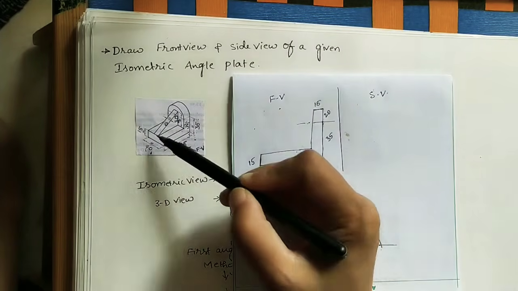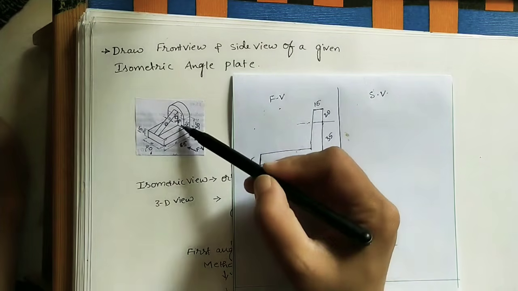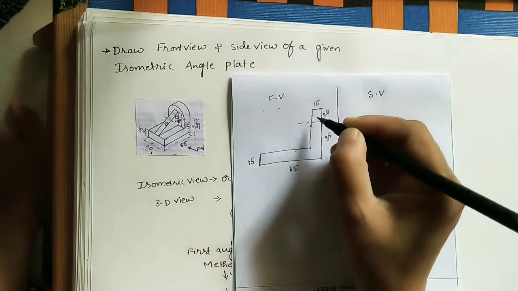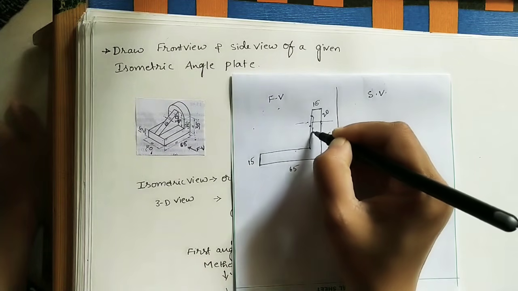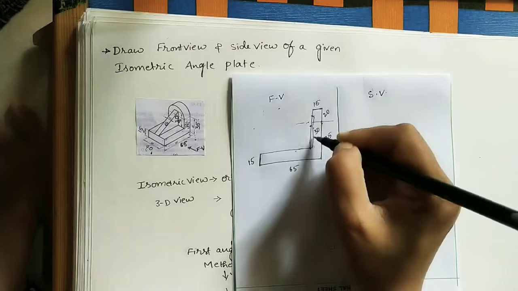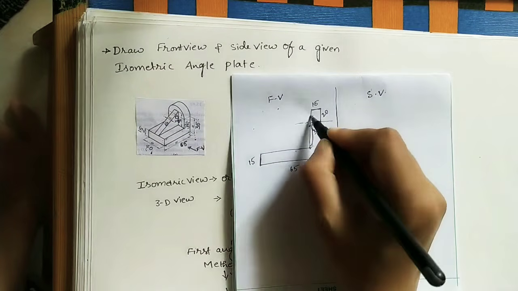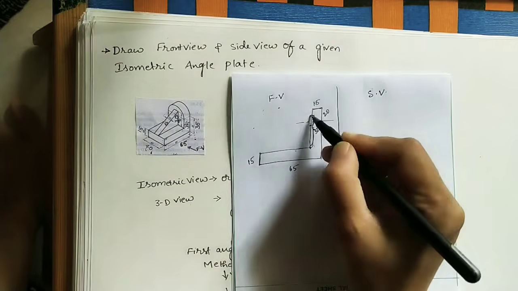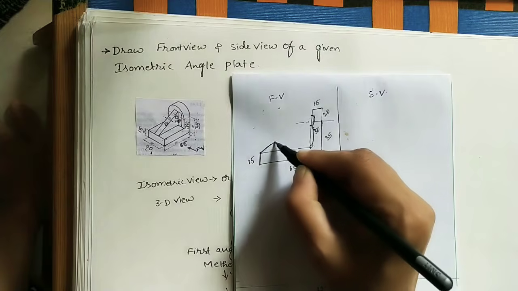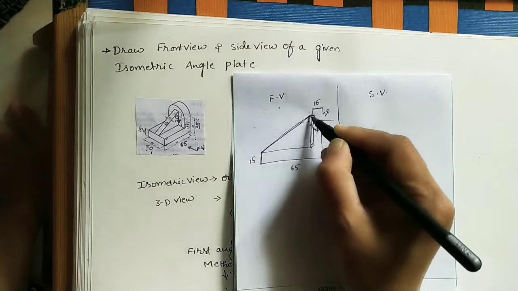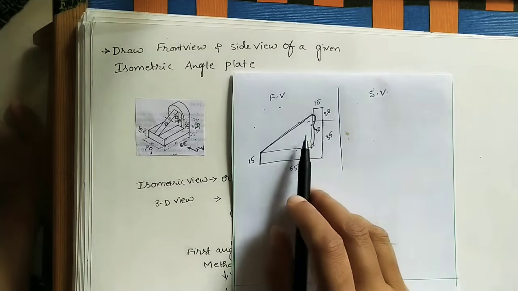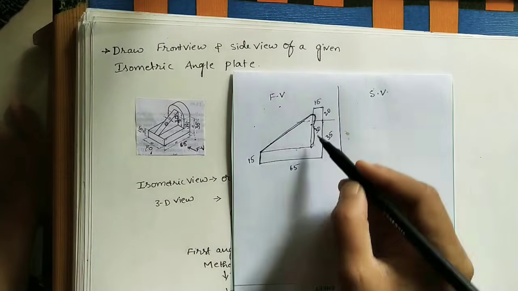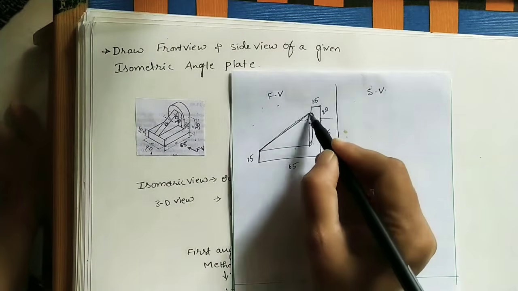After that, in the front view we can see the slope also. So how much is the height of the slope here? 30. So from this point it is 30 mm. Let us assume it is coming here. This distance, I am just roughly taking here as 30. So about 30, from 30 mm to this line, the edge of this, we can see the slope. Now join this point to this point, and we will see the slope line. This is the slope. This is the final front view, an L shape with a slope line. So this is an L shape, this is a slope line. This is just the dimension I am marking here.